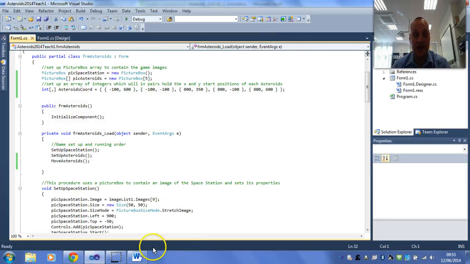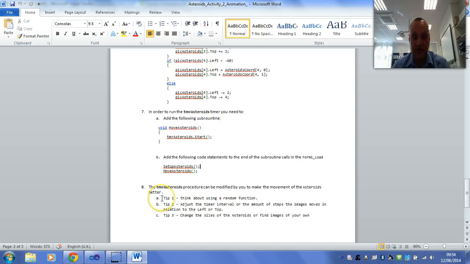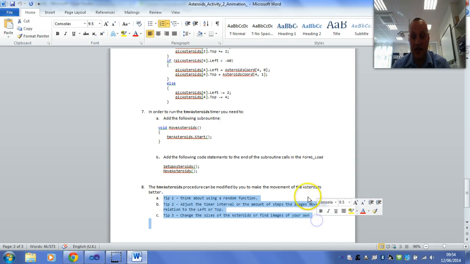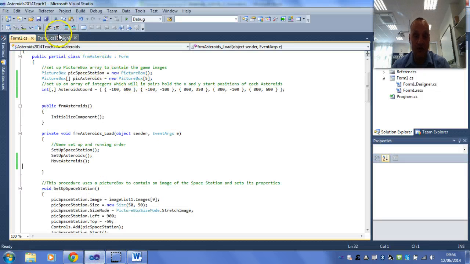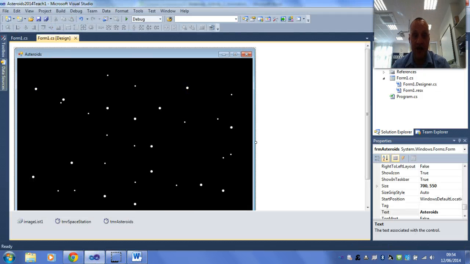So that's it for the video. At the bottom there are a few tricks and tips you can try, like making random locations instead of them turning up at the same point all the time. Just be a bit careful where you start the asteroids from, because they're in preset positions. If you do it randomly, they may head off in a direction you never see. So if you start one from, say, there, it may head off here and you'll never see it on the screen. So just be careful of that. And that basically